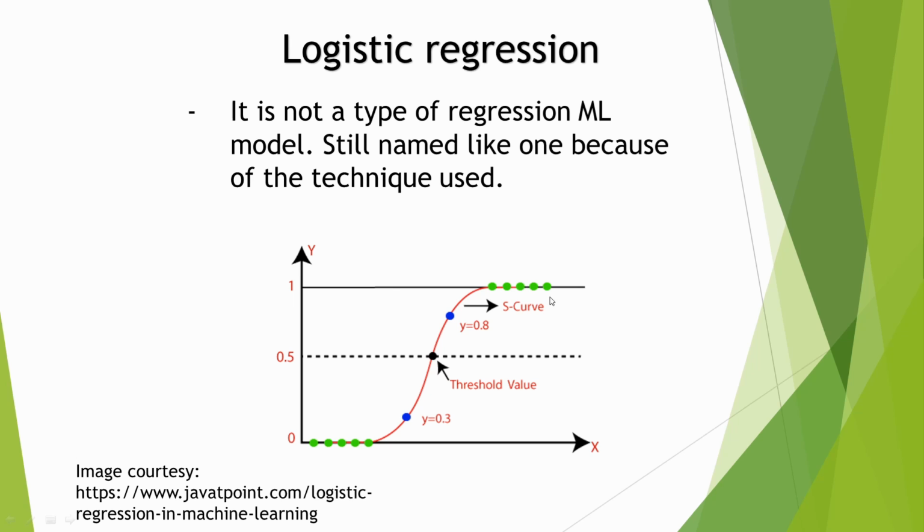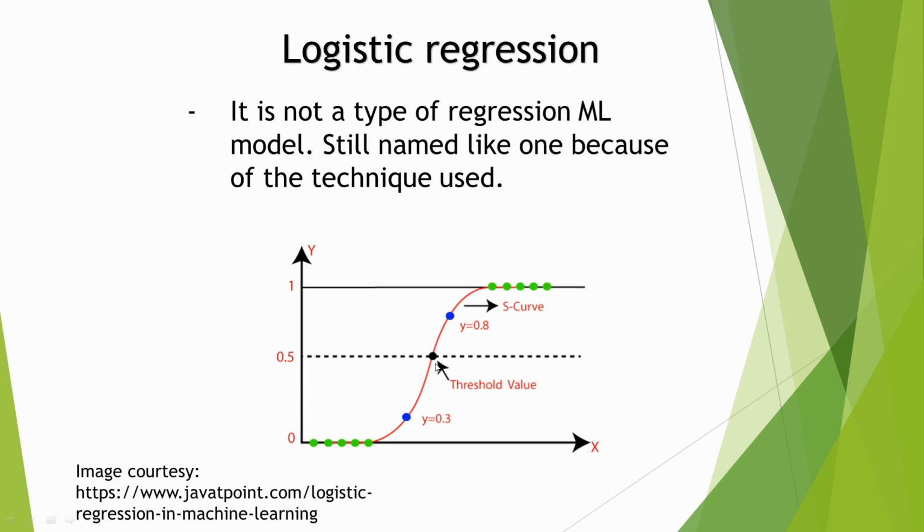For this we are plotting the curve just like we do in linear regression, but here we are going to predict the output as yes or no. So it is named logistic regression because we are following a regression line to predict something categorical. Here, if you see, this S curve is nothing but the sigmoid curve because it looks like an S shape. It is used to classify binary classifier models. Here we have the threshold value at 0.5.